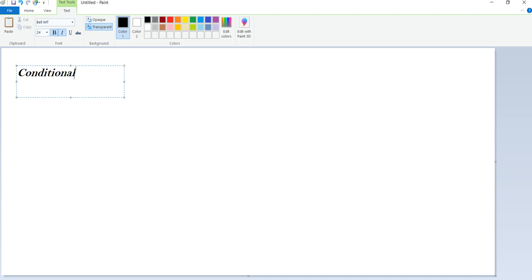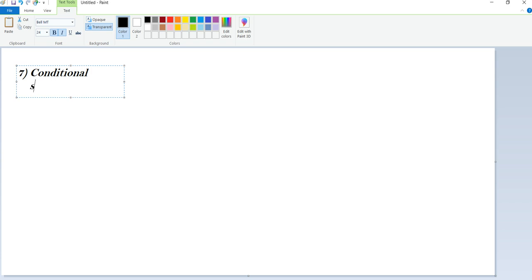That is the conditional operator. This is the seventh operator. There are total 9 operators. So in this we'll discuss the remaining 3 operators. The first is the conditional operator. So what is that conditional operator? This operator will perform a task based on a condition. The conditional operator is the question mark.